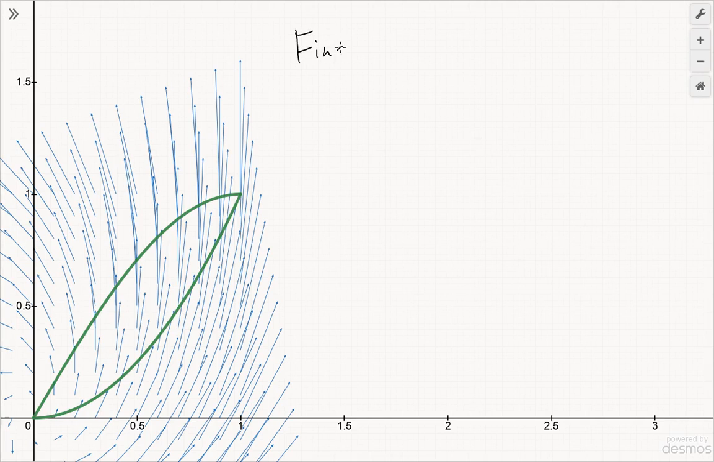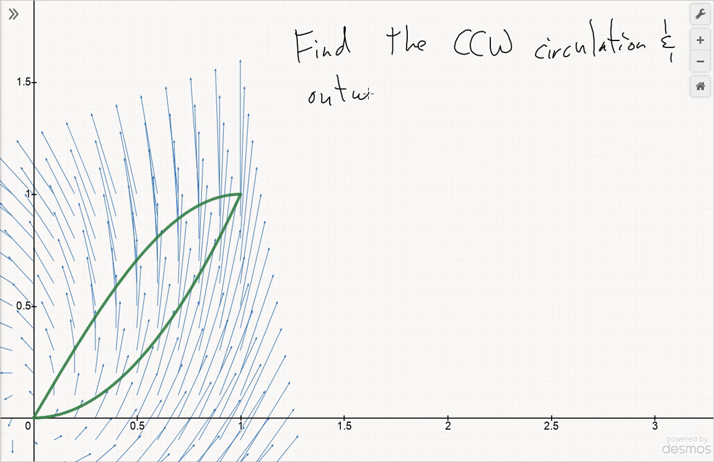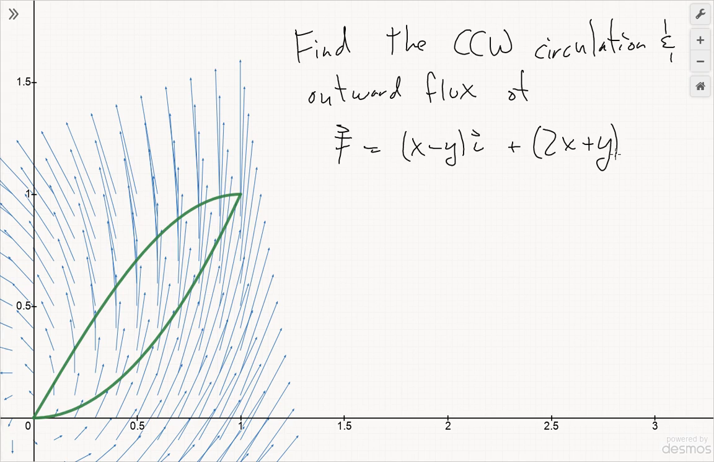Let's find the counterclockwise circulation and the outflux of the vector field F equals x minus y i plus 2x plus y j. So that's depicted here. But now we'll take a more interesting region